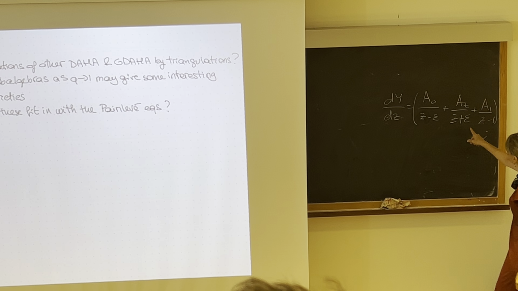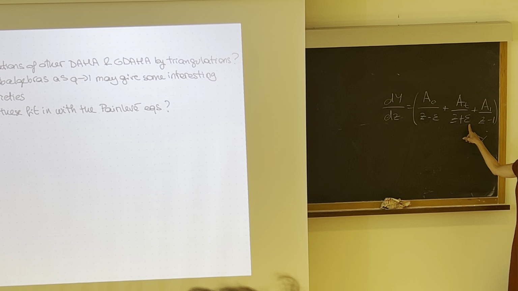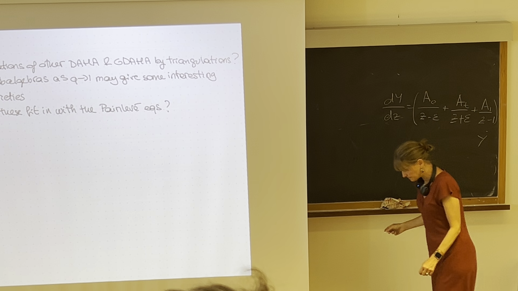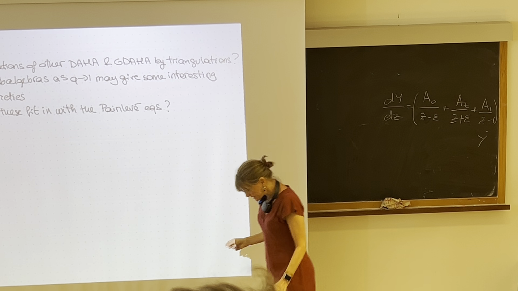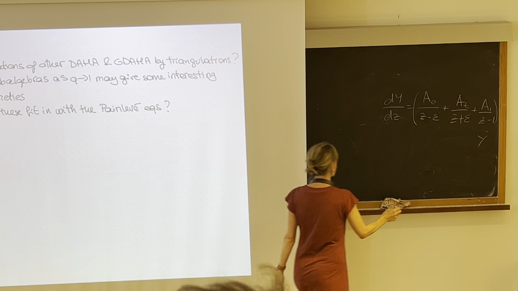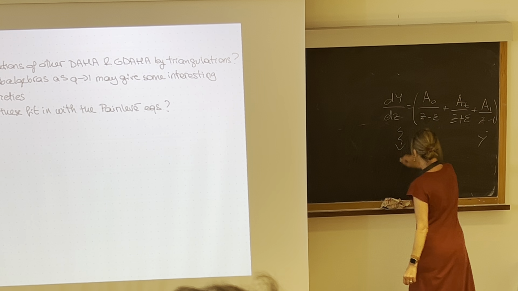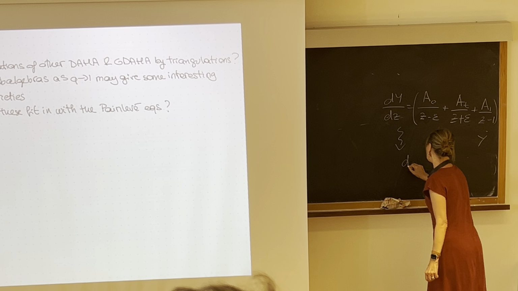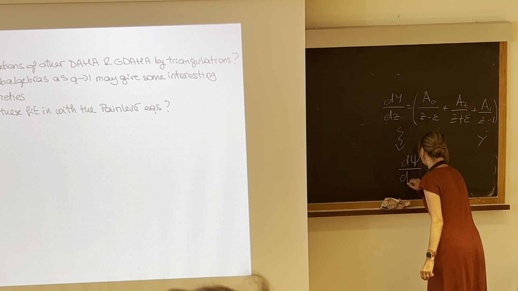So I could try to send epsilon to 0 and create a double pole. What we proved with my other PhD student, Ilya, is that then this will lead to something which, let's say, I will write in this form,